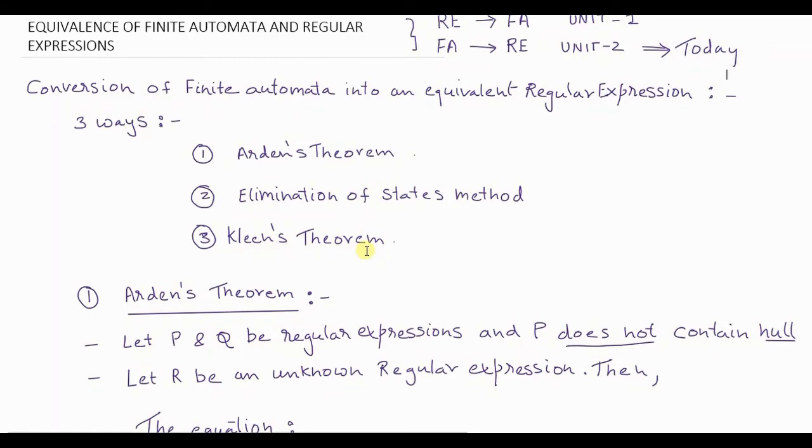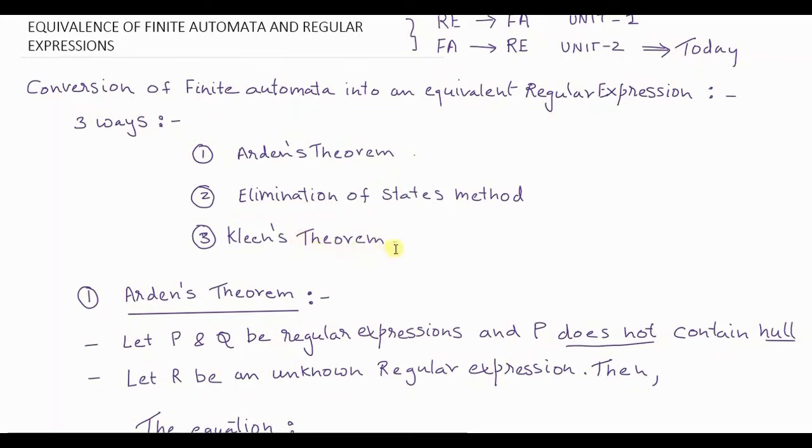So this Kleene's theorem, part B of Kleene's theorem, comes up with a formula. We derive a formula just to prove in part B that if there is an automata, then there is an equivalent regular expression. As we go through the Kleene's theorem, it derives a formula, and using that formula we are able to convert a given finite automata into regular expression.